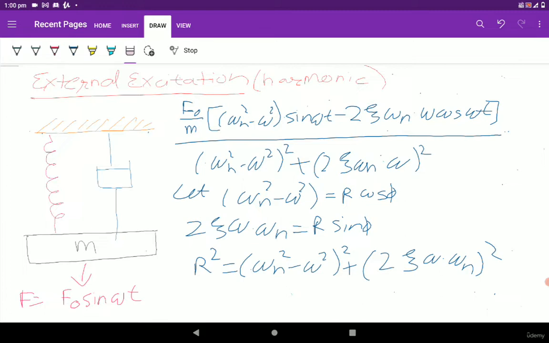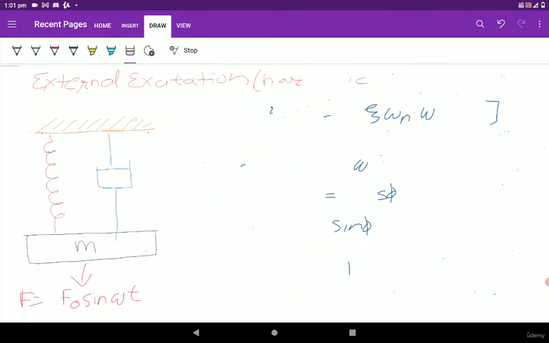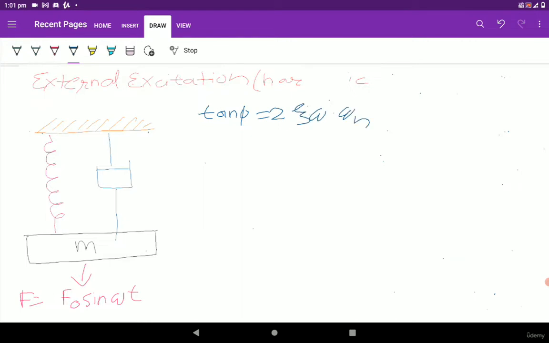Now let's calculate tan phi first. So tan phi is equal to 2 zeta omega dot omega n divided by omega n square minus omega square. So the particular integral is equal to f naught by m